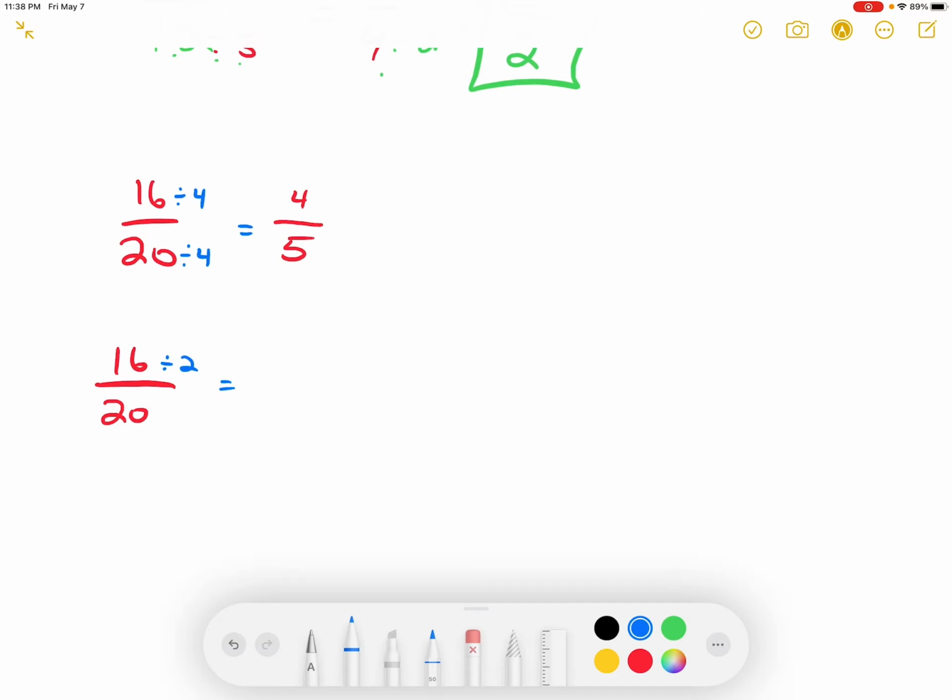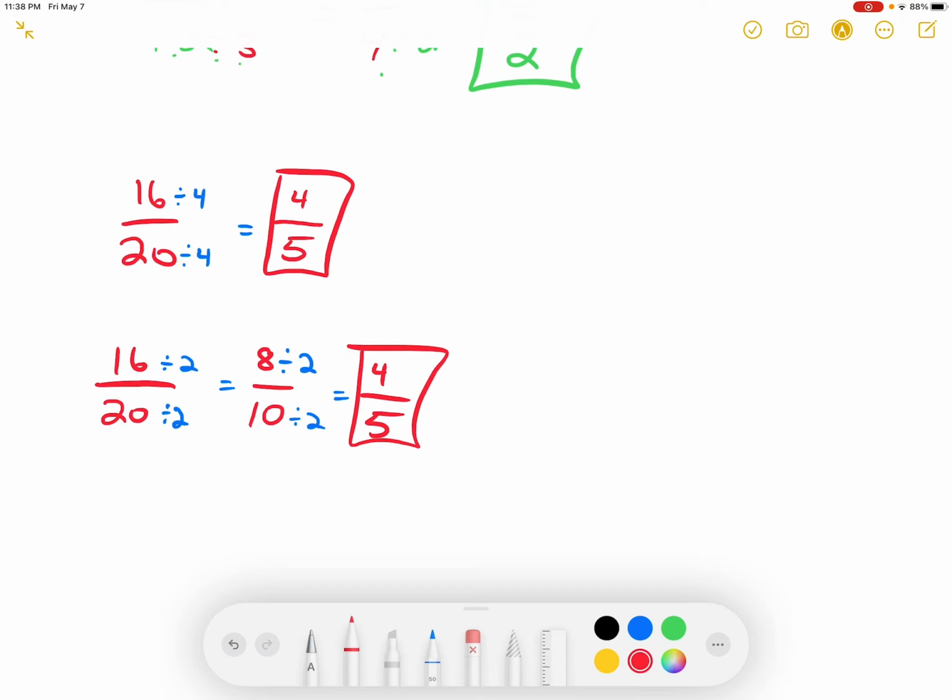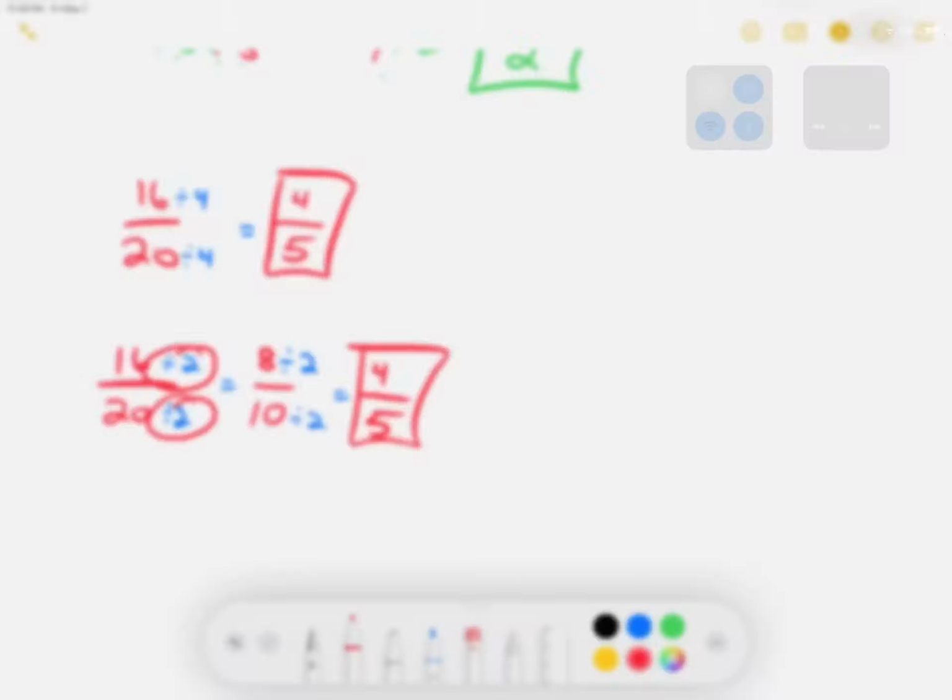16 divided by 2 is 8. 20 divided by 2 is 10. 8 divided by 2 is 4. 10 divided by 2 is 5, and there you go. Eventually you'll get to the same thing. And that's basically how you reduce to the lowest common denominator. Find the number, the factor that divides both the numerator and the